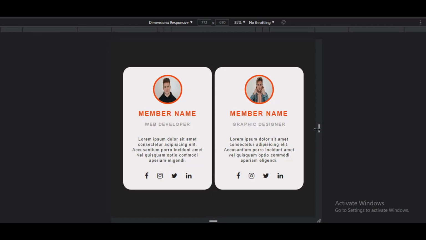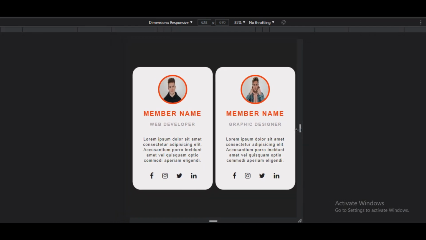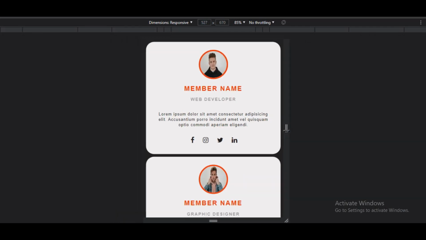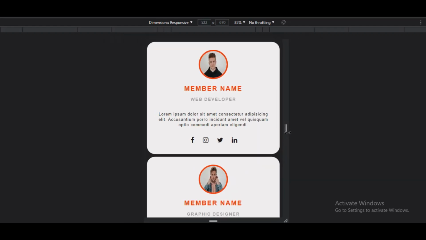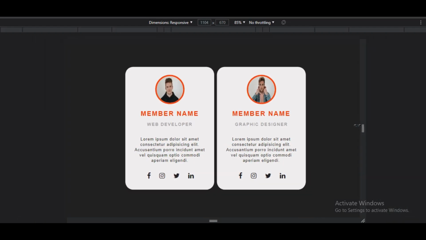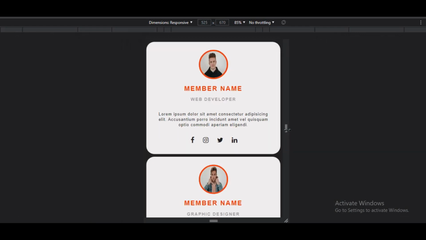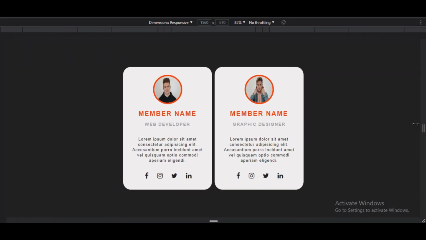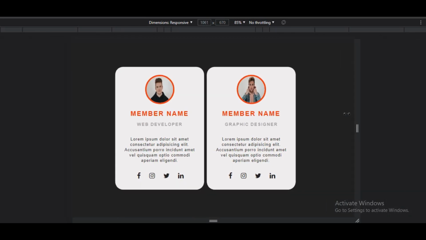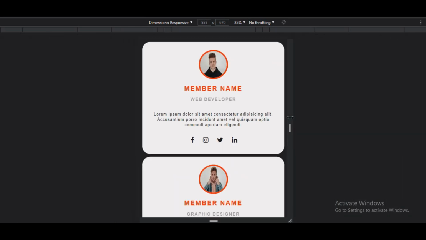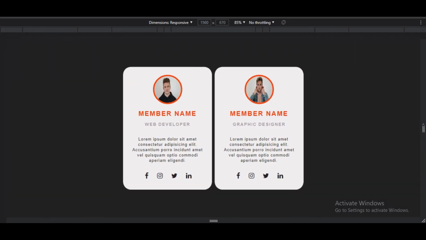I just change the screen dimension, and you can see these cards are responsive, and it looks amazing, it looks beautiful. So let's create these amazing team section cards using only CSS Grid. So let's jump to the code.